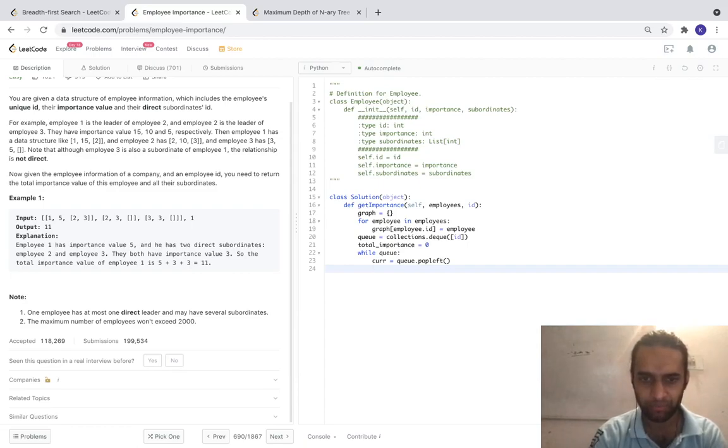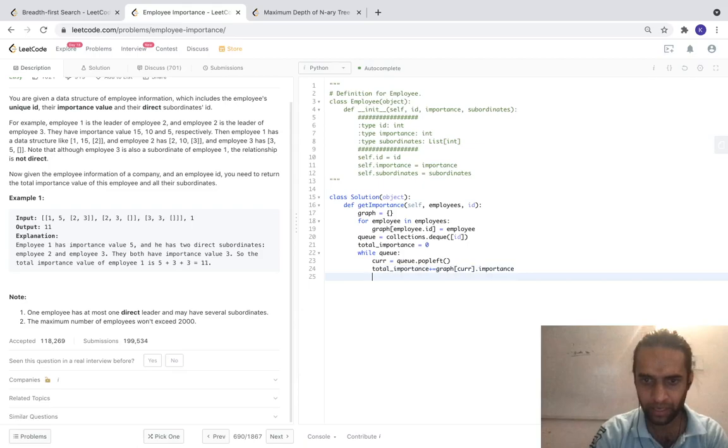So I pop the first element, which is cur, and I add to the total importance the value of graph at cur dot importance. Now for each subordinate in graph at current node dot subordinates, I put it inside the queue: queue dot append subord.